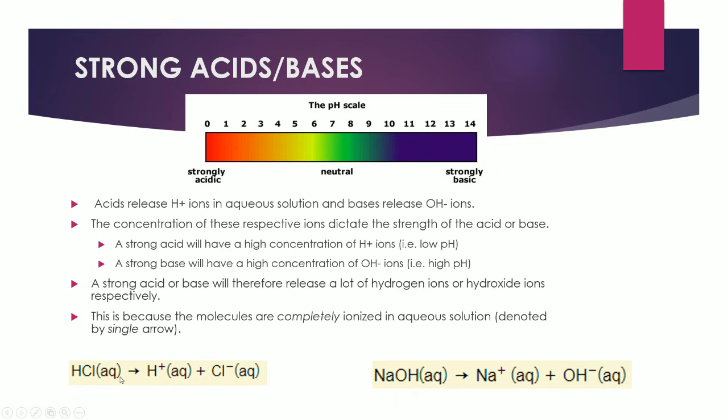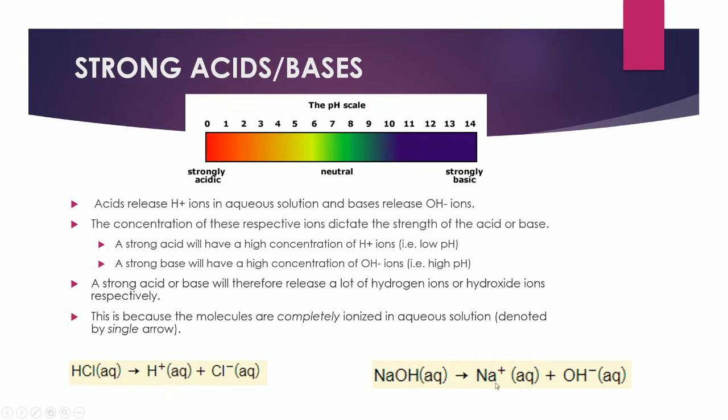So for this case here, you'll get hydrogen chloride or hydrochloric acid breaking down into hydrogen ions or protons and chloride ions completely and fully. So basically, if you have 100 molecules of HCl, you can expect all of them to break down to form these ions. Same thing here, if you have 100 sodium hydroxide molecules, you can expect all of them to basically